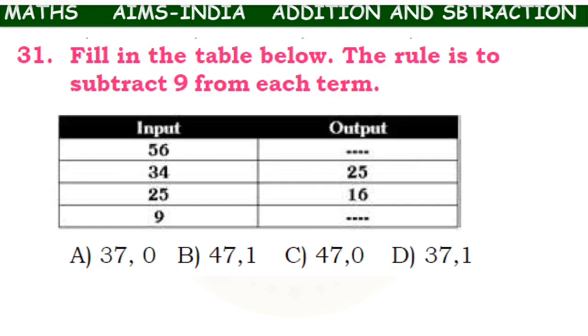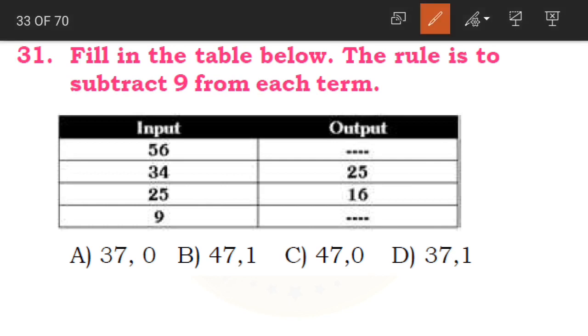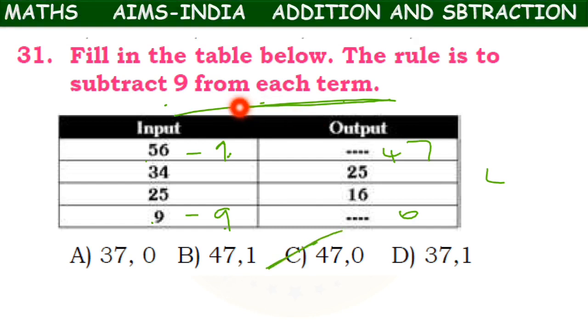Coming to question number 31. The rule, fill in the table. The rule is to subtract 9 from each item. What should we do? We should subtract 9 from each item. 56 minus 9 is how much? 47, and 9 minus 9 is 0. 47, 0. That is option number C. Simple, right? They have given us how to solve